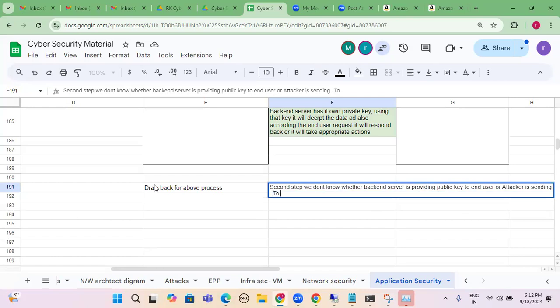To eliminate this drawback, we have to use